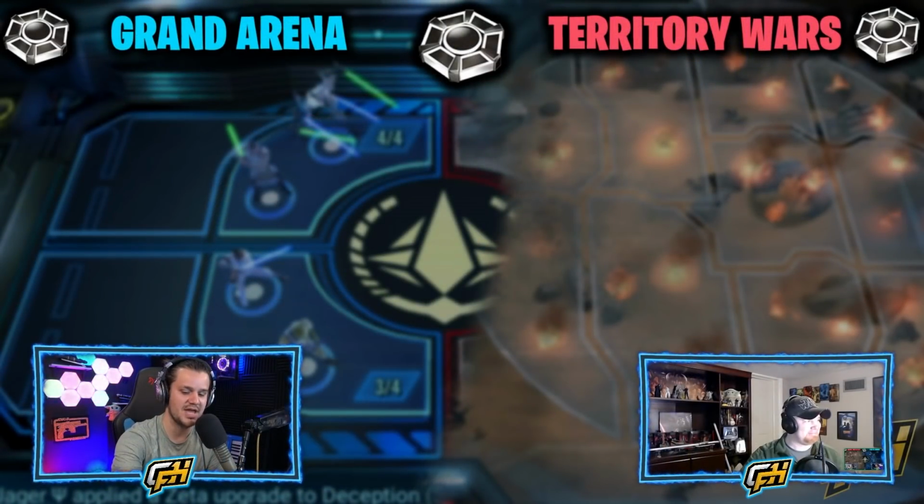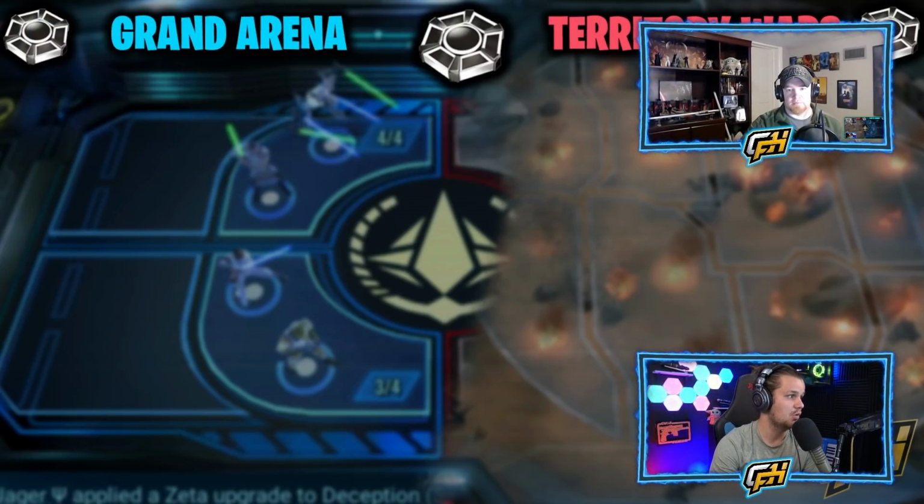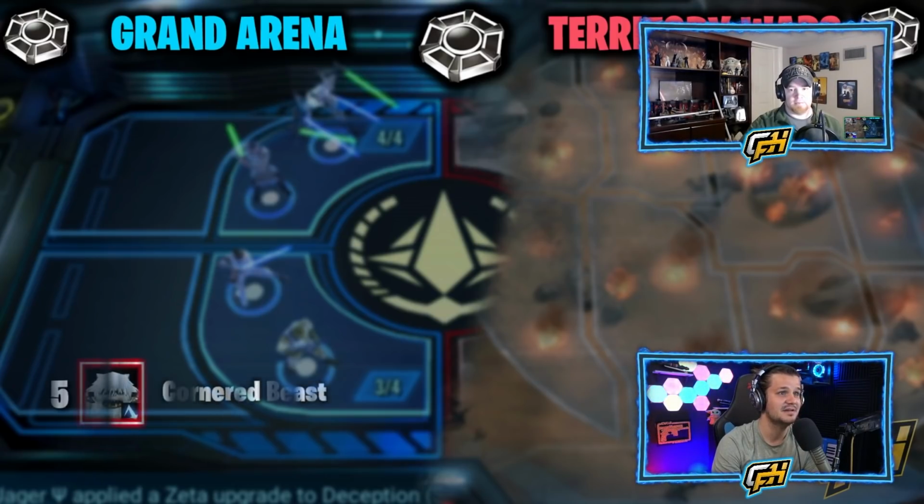We're going to start with the Grand Arena side of the list and go from there. We're going to do top 5 for both, all right? Number 5 is your boy, the Wampa. Cornered Beast. This has been proven to be a very solid Omicron, even though they adjusted something before launch. Now that we're seeing this, short of taking GLs on, I think this is pretty...